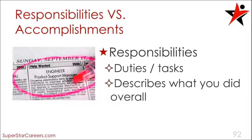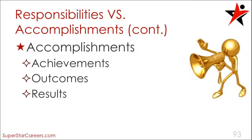The problem with most resumes is that they read like job descriptions, meaning that the content listed under each job title simply describes your job responsibilities or duties, and that can be pretty blasé. It's much better for you to focus on your accomplishments. This means that you should change your focus to what you achieved in each position and how the organization benefited